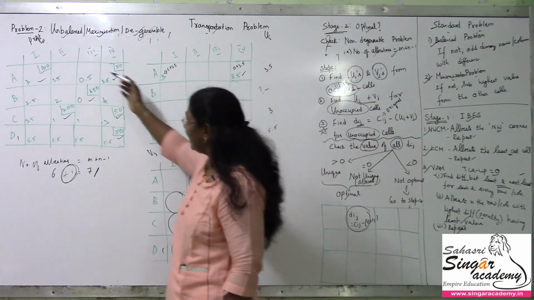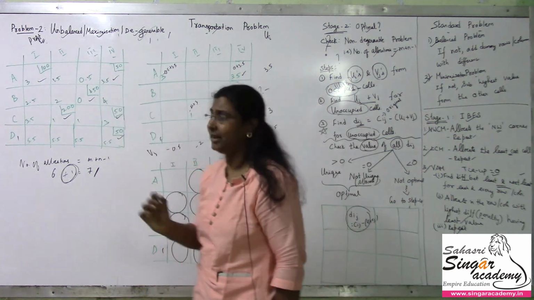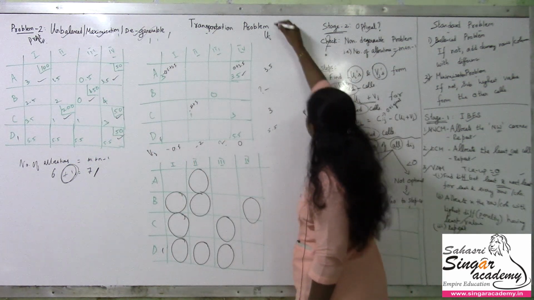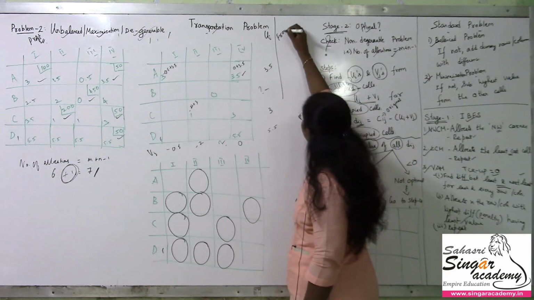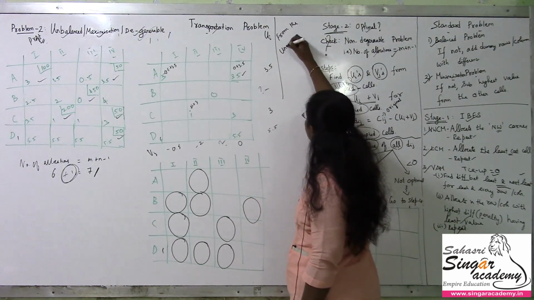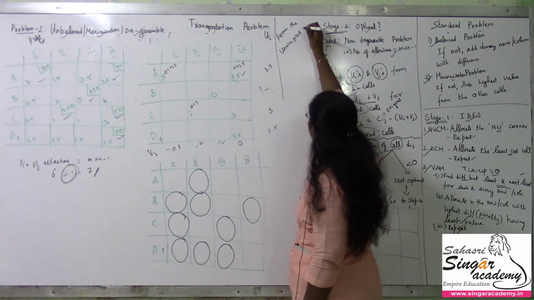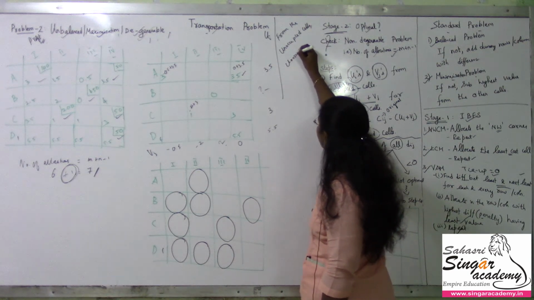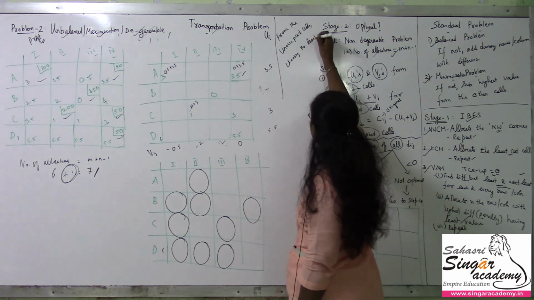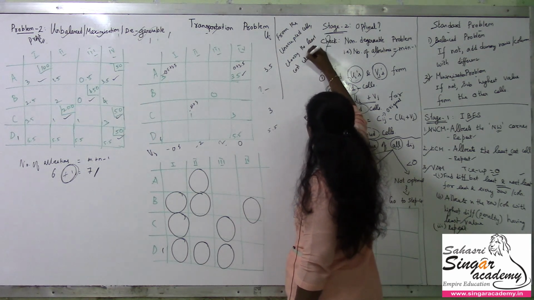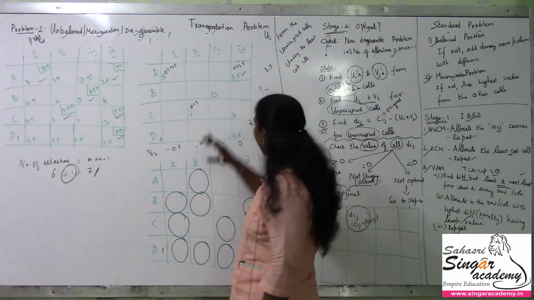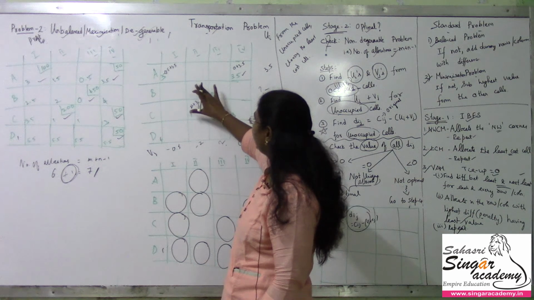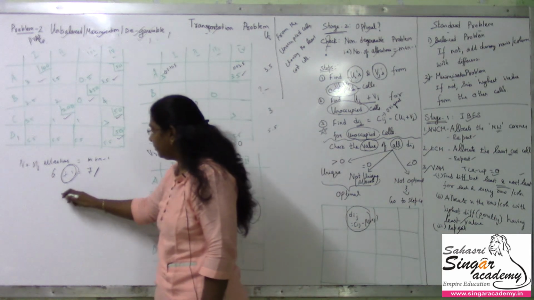So from the unallocated values, I'll write the steps here. From the unallocated cells, we go for choosing the least cost cell. For explanation's sake, I have done this table and am coming back to this step, but I request that before going for the ui and vj table, please make this allocation.